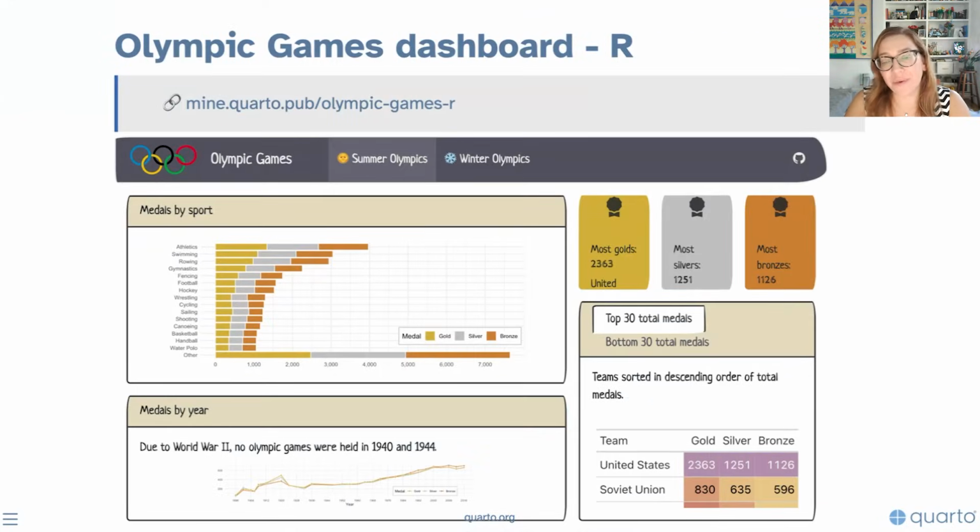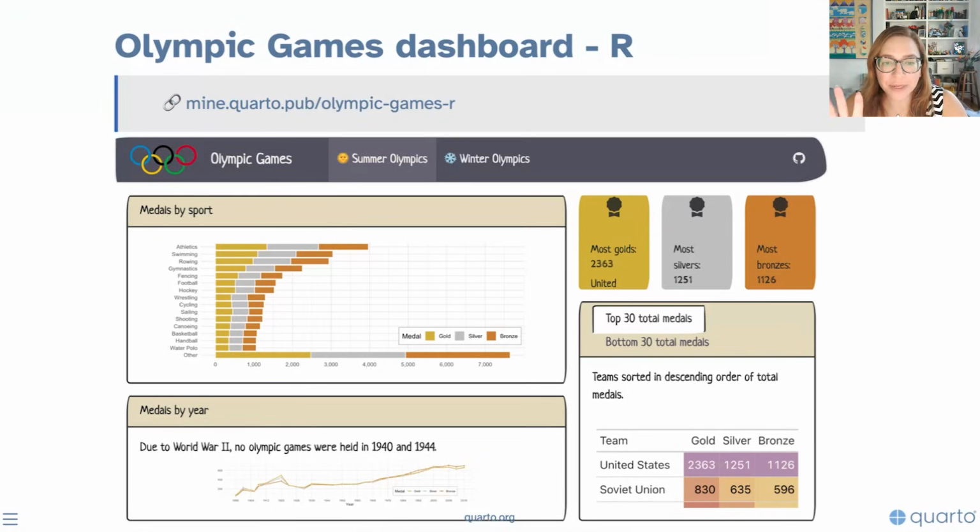And here is the one that we are going to create by the end of the series of building Quarto dashboards. This dashboard uses data from the Olympics, excluding the most recent Olympics, so it gets pretty close to today, but not yet this year's Olympics.